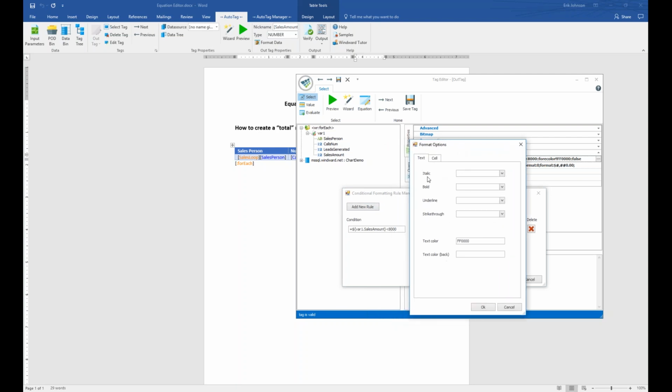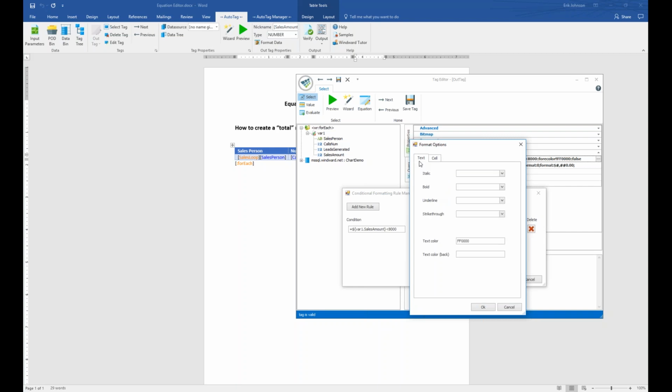So here you have an option to format by italicizing the text, bolding it, underlining it, striking through, changing the color, changing the background color. And since we're working with a table right here, we also have cell format options where you can format the line style, the line color of the border. You can change the cell color. You can change the alignment. But I'm going to go back to this text tab,